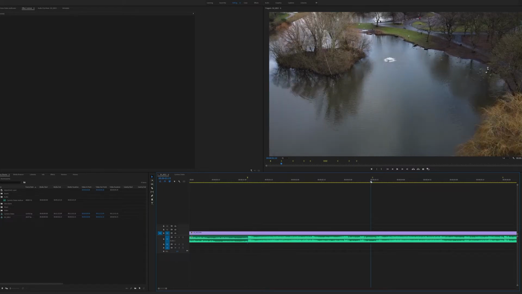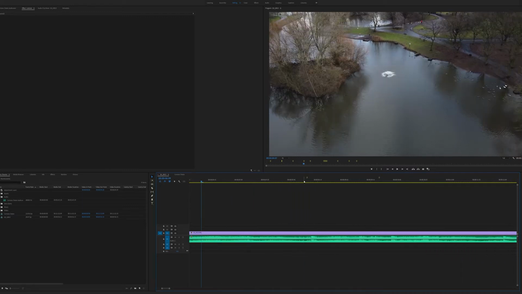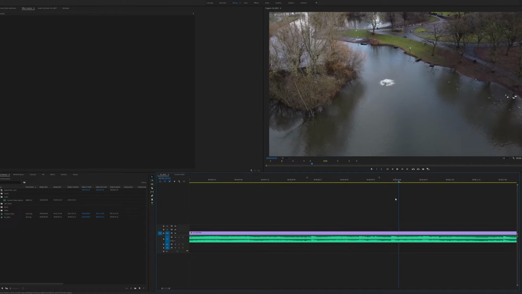And then we come across here. We know that's roughly where it wants to be, so we're going to move our marker in place there again. Let's listen to this bit. Seems alright. Now that wants to be a bit further down, so it wants to be here. So we're going to move this over.